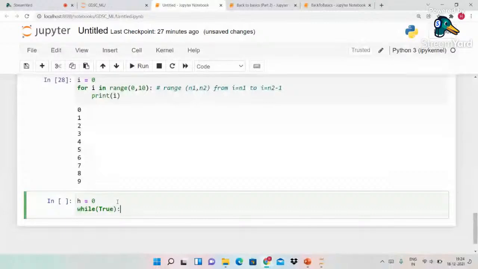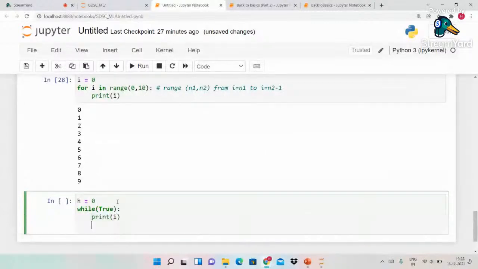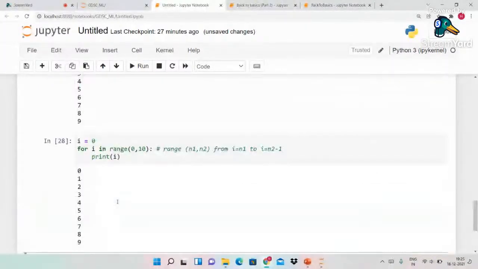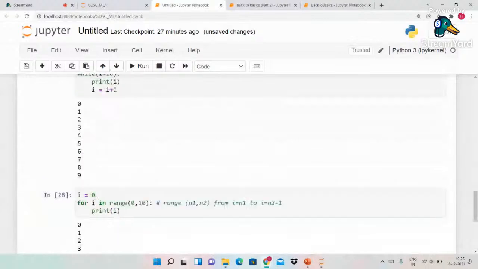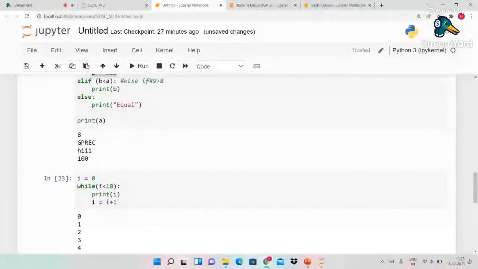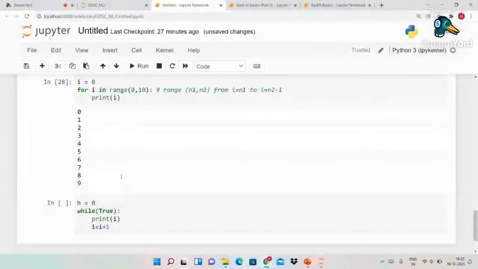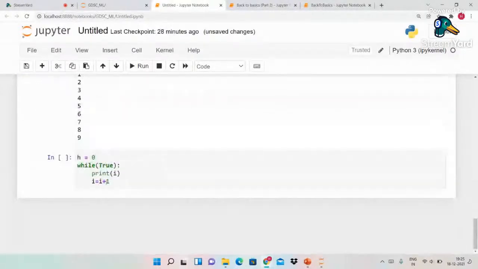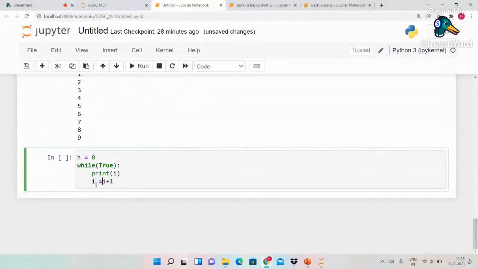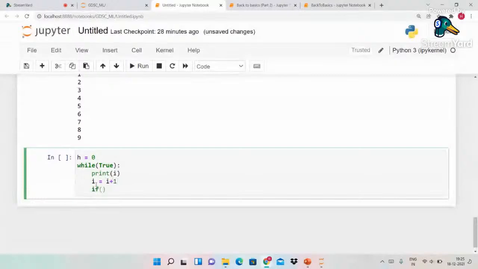Print i, i is equal to i plus 1. I'm writing the entire same code as I wrote for while, except that instead of taking the condition as i is less than 10, I'm by default taking it as true. Now let us see what is the change that I'm going to make. It's going to be one simple line of code. Here I'll be putting a condition like this: if i is greater than or equal to 10,